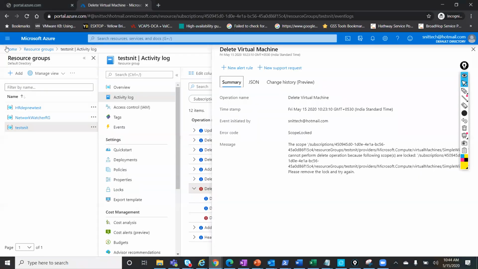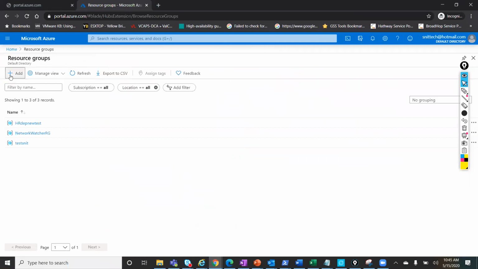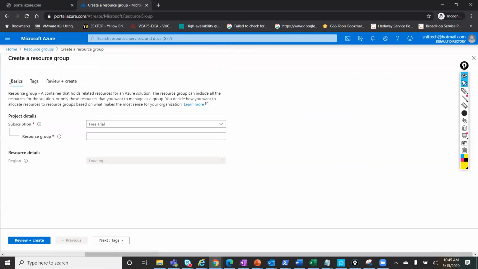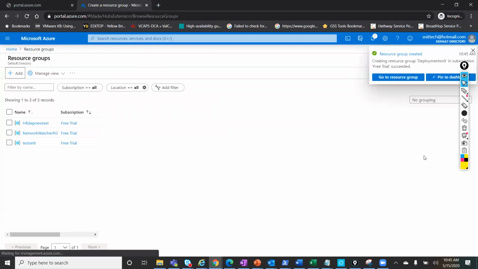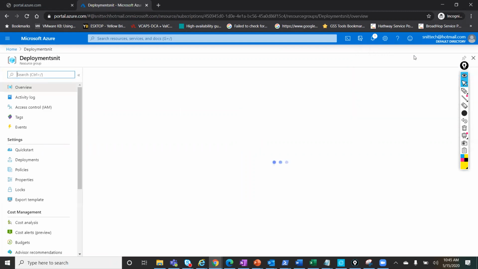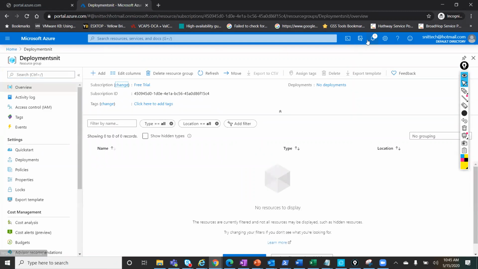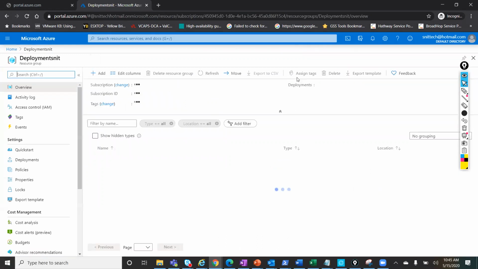So let's say I'll try to deploy a simple resource group, and I'll try to review and create. So once I click on create, I can go to the deployment logs here, and I can also view from here. As it is a simple resource group, it has deployed easily.